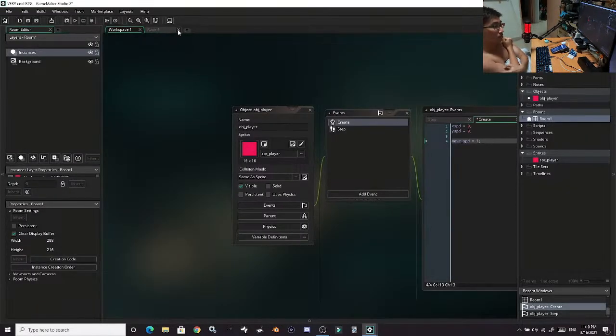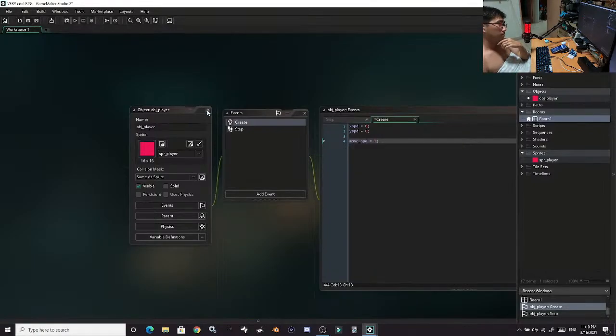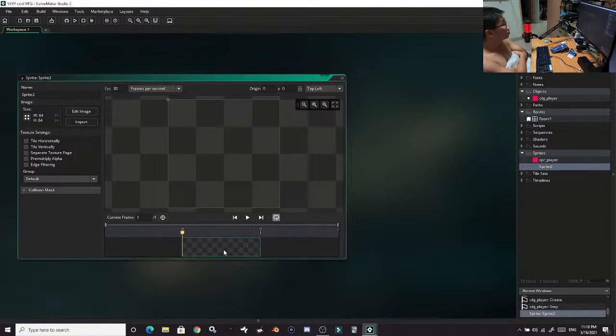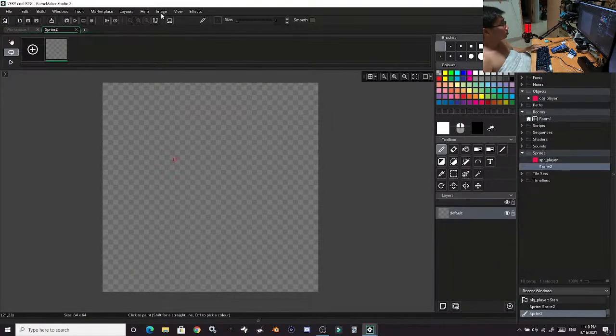Okay, so we can go ahead and exit out of our room. We can get rid of the player object right now. Now we need to make a new sprite. Everything from here on is stuff that we've already done, so just with a couple extra bells and whistles. But let's make a new sprite. Go to the right click, go to the create, make sprite. Click on this first frame. We'll do the same thing here that we did with the player,